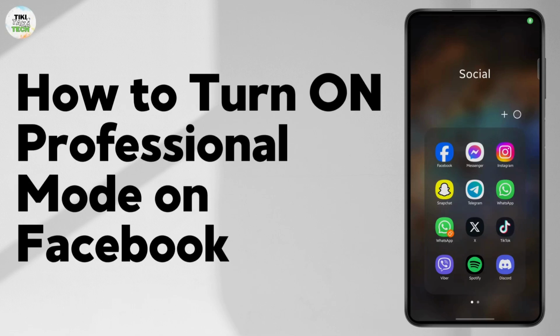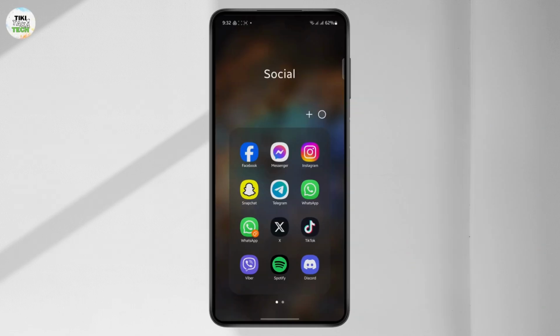How to turn on professional mode on Facebook profile. In this tutorial, I'm going to guide you on a step-by-step process on how you can easily turn on professional